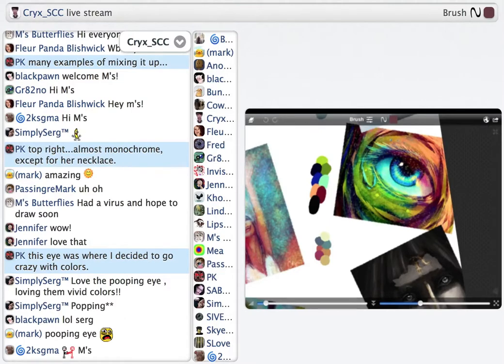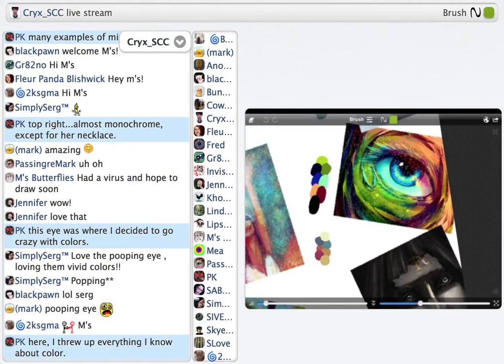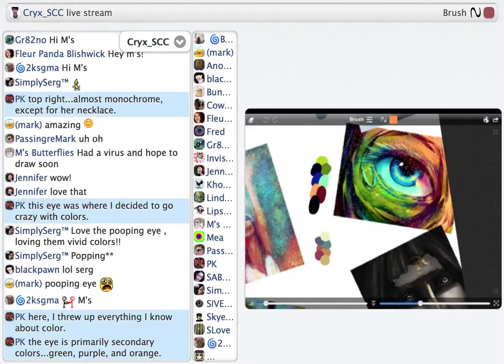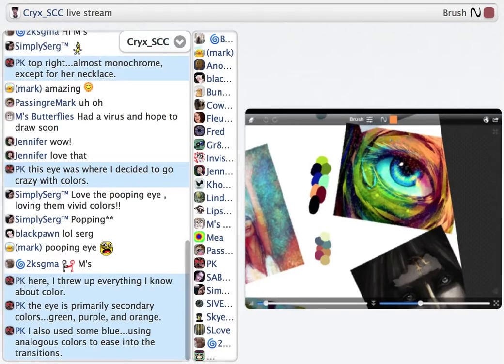So what we can see here is that it's actually primarily secondary colors. We have green, purple, and orange. But of course then there's this blue. And the blue works because using analogous colors to ease into the new color, we can start from green over here and ease our way into the blues here, which ease our way into the purples here, and then you get to the